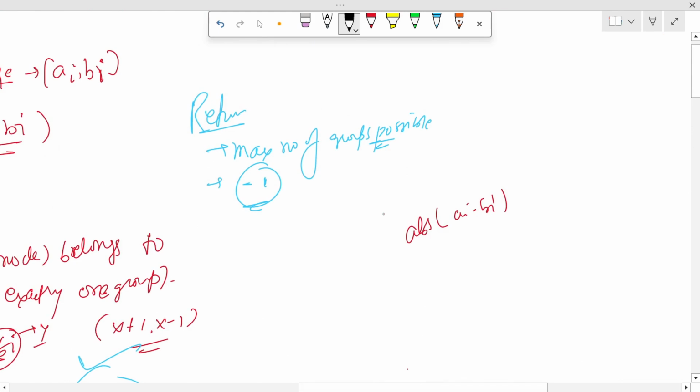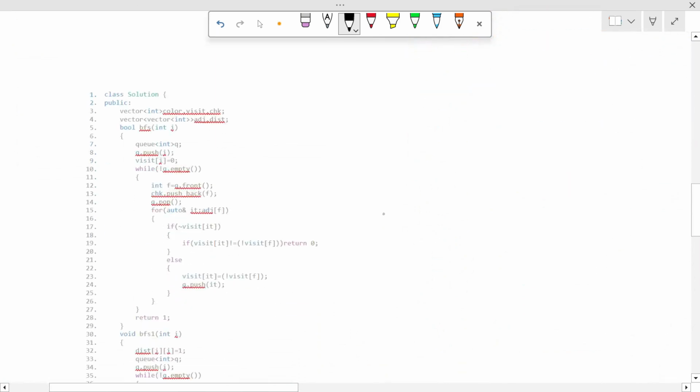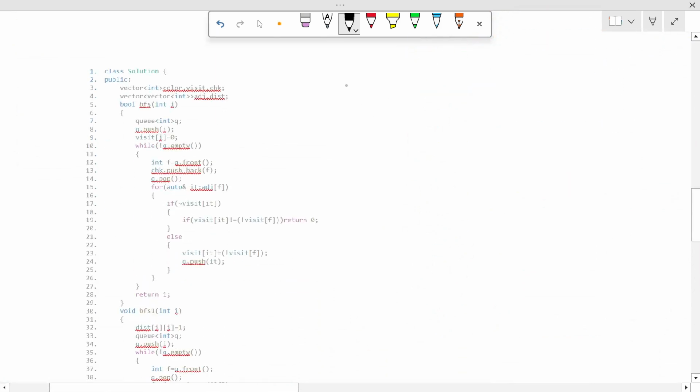And now let's look at their coding implementation part. So here first we have color, and this color stores the bipartite coloring of 0 comma 1, and this widget tracks the nodes from -1, we have to check with their unvisited nodes, and this check stores the nodes in the current connected component, and this vector of vector int is adjacency and distance, and this adjacency is the list of graph representation, and this distance stores the shortest distance between nodes,